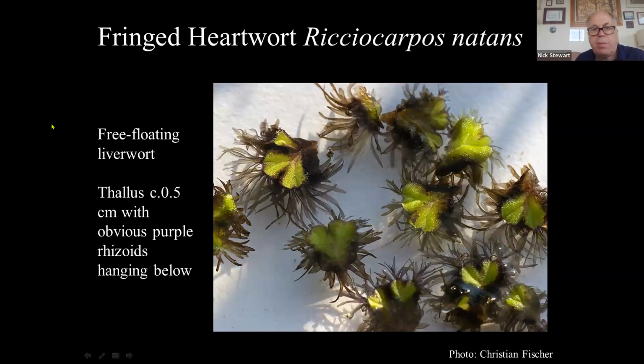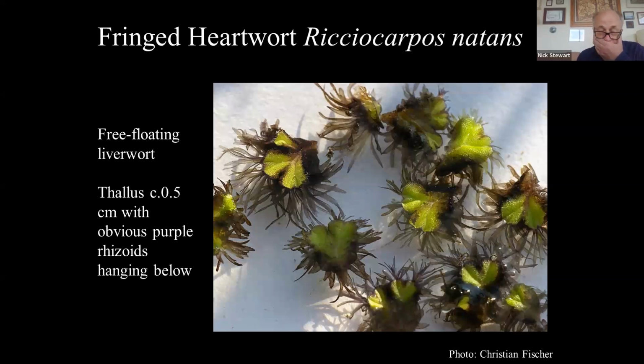Another really quite uncommon thing, there is a very distinctive liverwort, which floats on the water surface like a duckweed. But if you look closely, it actually looks like little thallose liverworts, and it's called fringed heartwort because they're often quite heart-shaped, the bits of thallus. And underneath the thallus, it has these very obvious purple rhizoids, which sort of dangle down below the